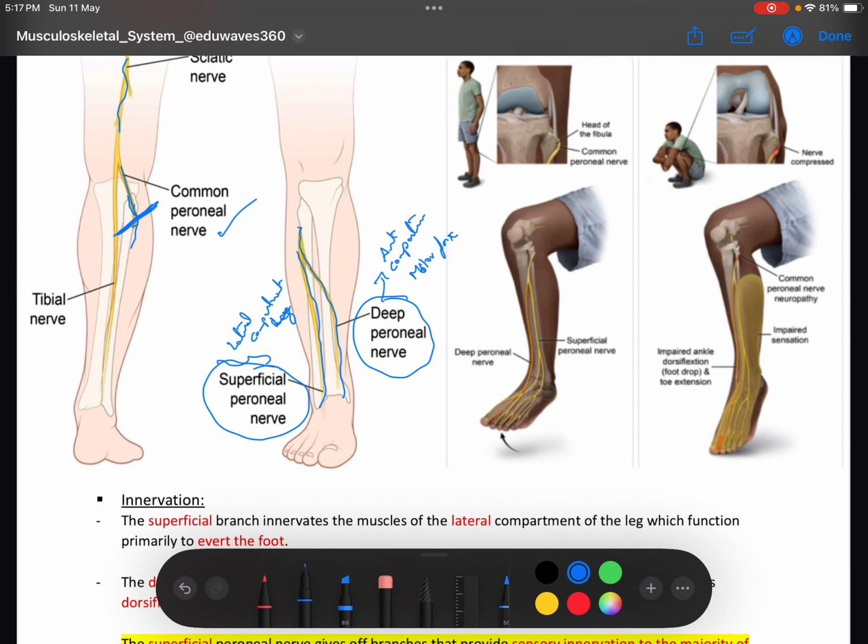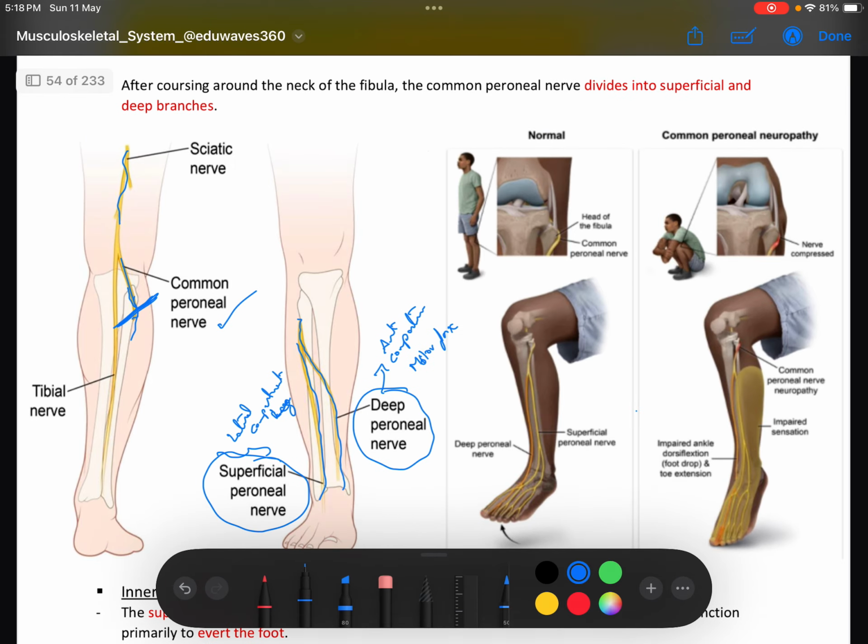So now, sensory innervation of the common peroneal nerve. Mostly we can see the superficial peroneal nerve, and that sensation is in the dorsum of the foot except the first web space. And the second one, the deep peroneal nerve, supplies the web space between the first and second toes. So before going to common peroneal neuropathy, this is the pathological condition of the common peroneal nerve